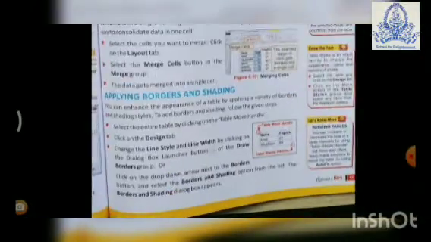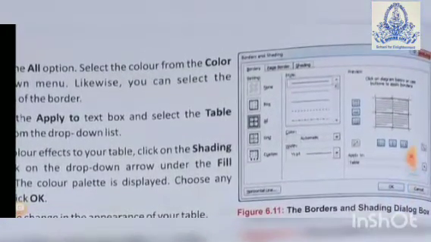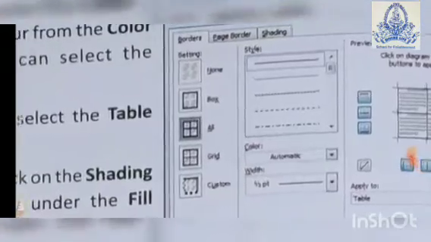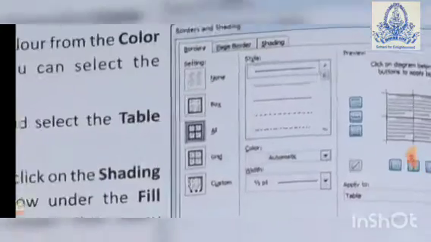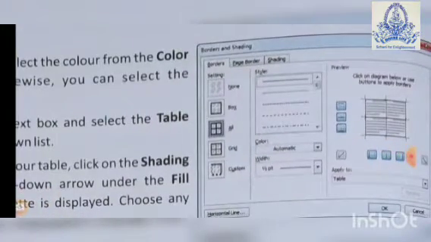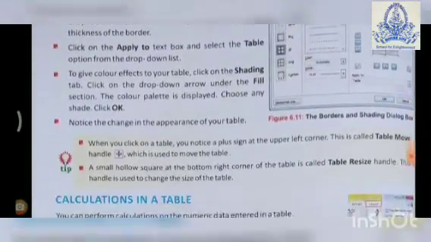Okay, next, shade means you can see it is clearly visible. Figure number 6.11, so different shades are there. By using any line style, your border shade will change accordingly. It may be thick, it may be thin, medium thin. You can choose it according to your requirement. Very simple, you just go for that.